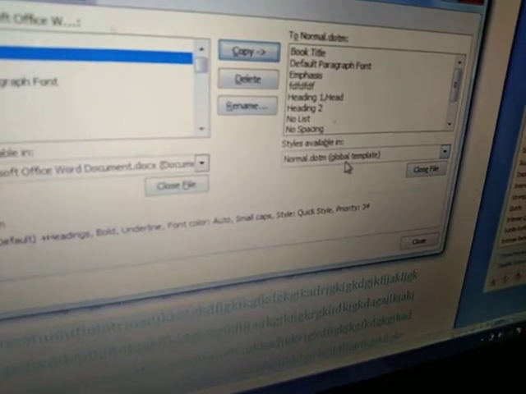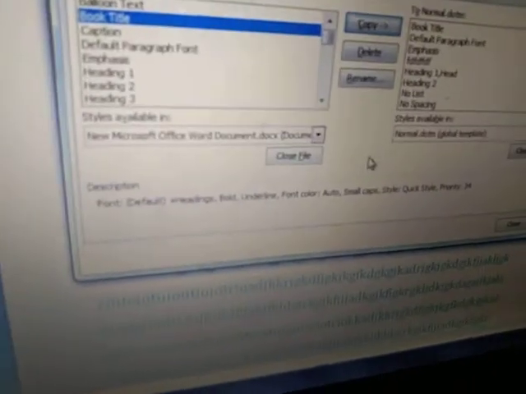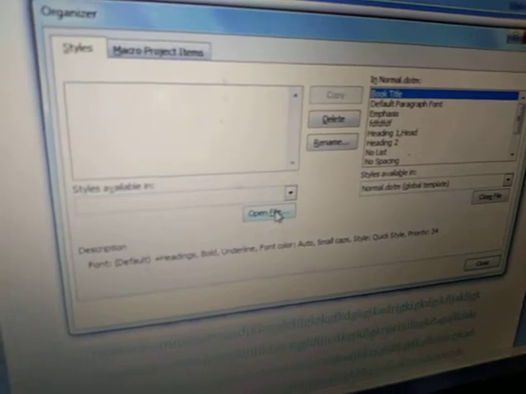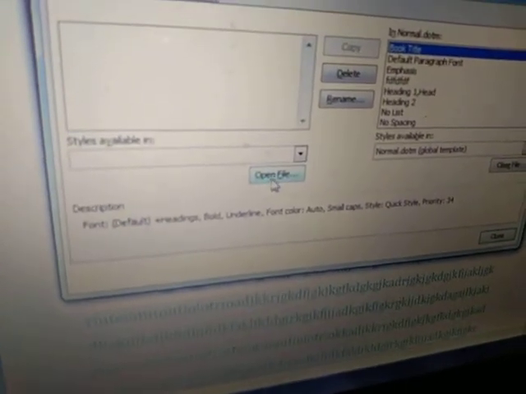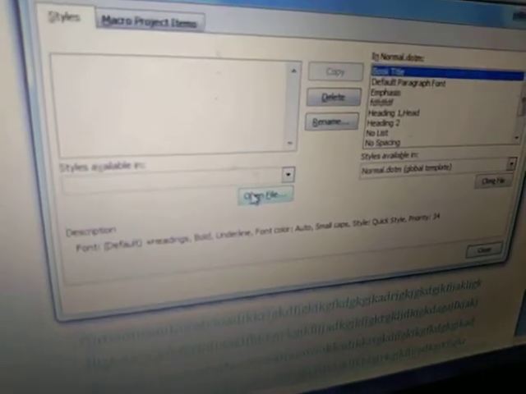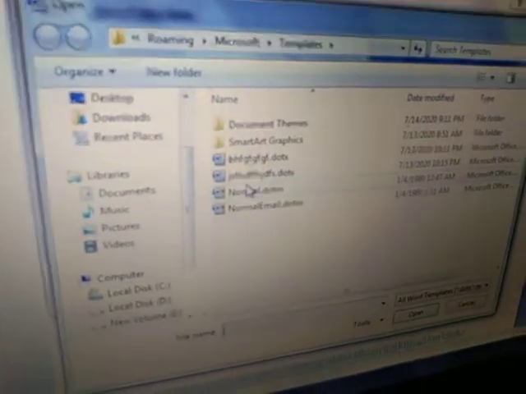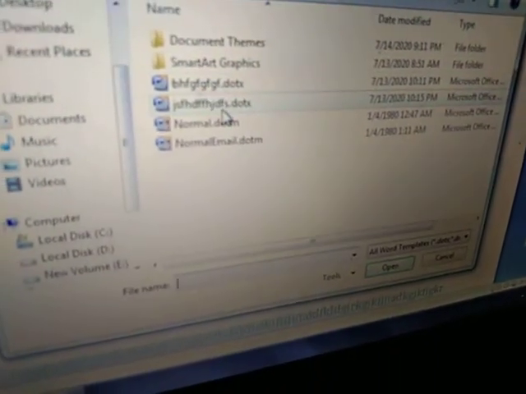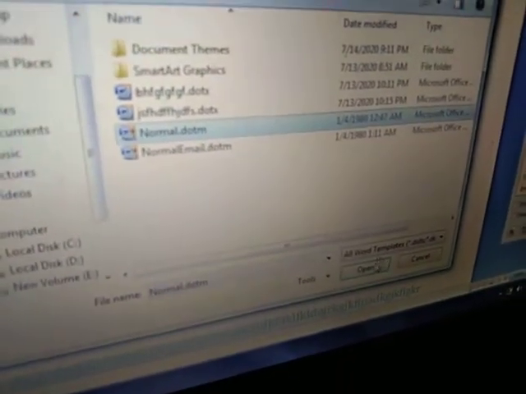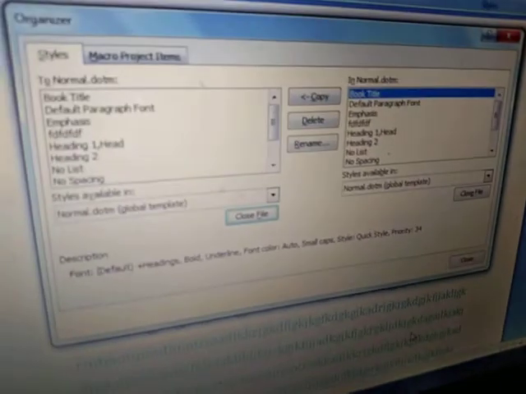Okay, and this one is a global template, meaning available everywhere. So click on close file. Done. Now again, the close button has changed into an open file button. Click on this open file button. When you click on this, what is the name of that? Normal.dotm. So click on this one and then click on open. Done?